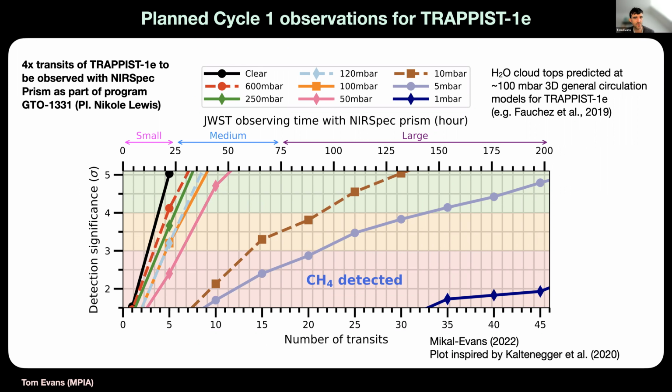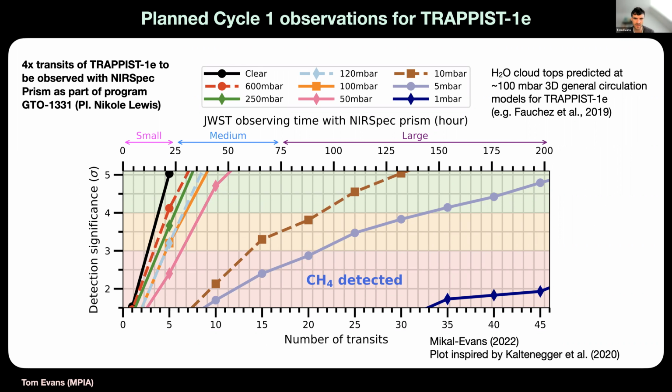that one of the GTO programs will be observing 4 transits of TRAPPIST-1e with NIRSpec prism, employing the partial saturation strategy. And so reading off this figure, if TRAPPIST-1e has an Archean-like atmosphere, that's a very specific assumption, of course, then 4 transits might be enough to give 3 sigma detections of methane for cloud down to pressures as low as about 100 millibar, so roughly where the tops of water clouds might be predicted